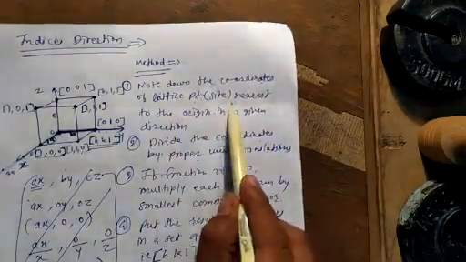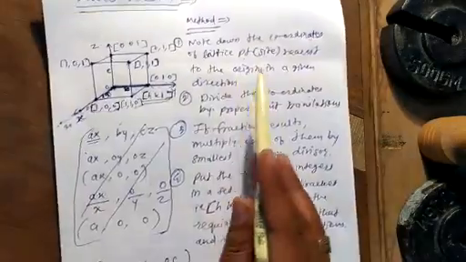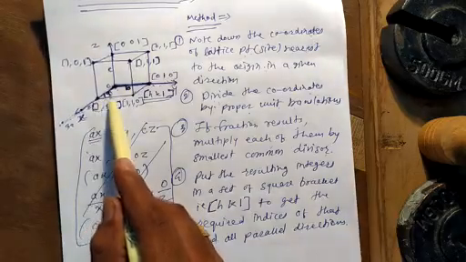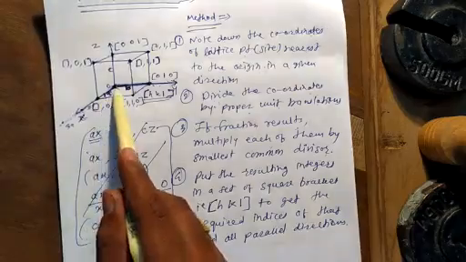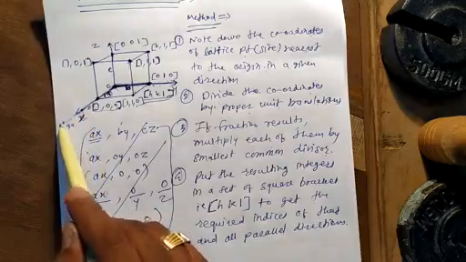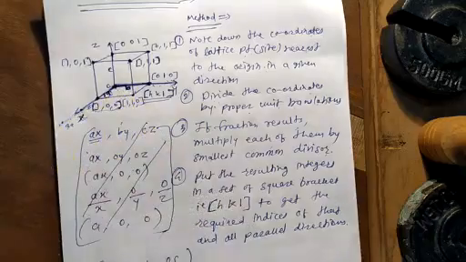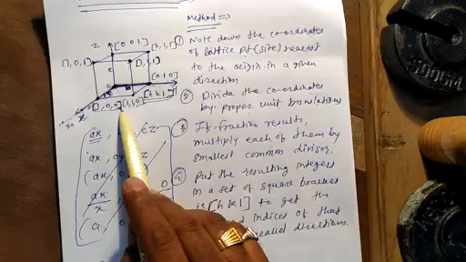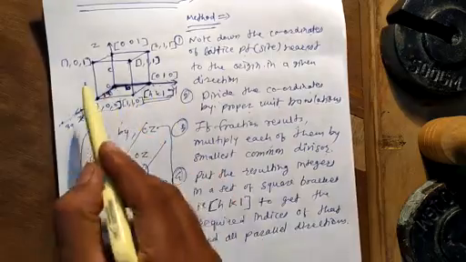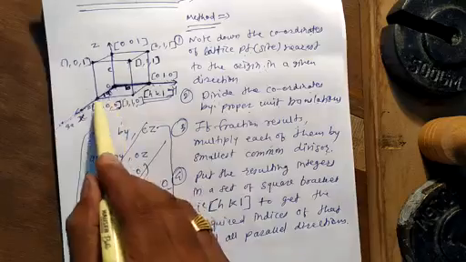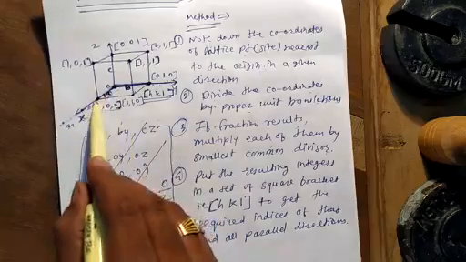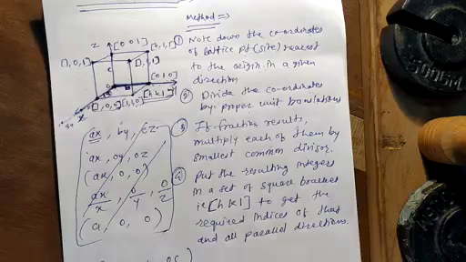Note down the coordinates of the lattice point nearest to the origin. That means along this direction, the lattice site which is nearest to the origin is this lattice point, which is at distance 1a. Therefore, the direction of this lattice point will be the direction of all lattice points along the same direction. That is 1, 0, 0, which can be represented in square bracket. In double square bracket, it represents the lattice site. In single square bracket, it represents the direction of that lattice point with respect to the particular origin.